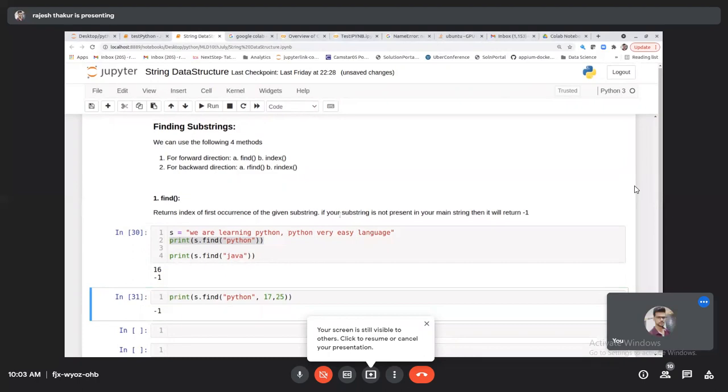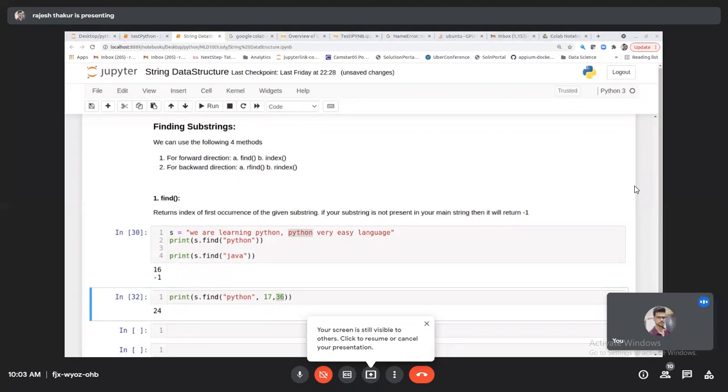I think yes, this is okay. 17, this is 16, it is 17, 18, 19, 20, 21, 22, 23, 24, 25. Okay, Python is not between these, right? So that's what it is. Make it 36. Can you see this? I am saying that after 17, check where Python is found. So it is returning me the second Python, not the first one. So you can specify the start point and end point as well, wherever you want to match, but it's not recommended at all. Just remember, the find function always returns the first matching index from your main string. But if you want to check that, then you can.